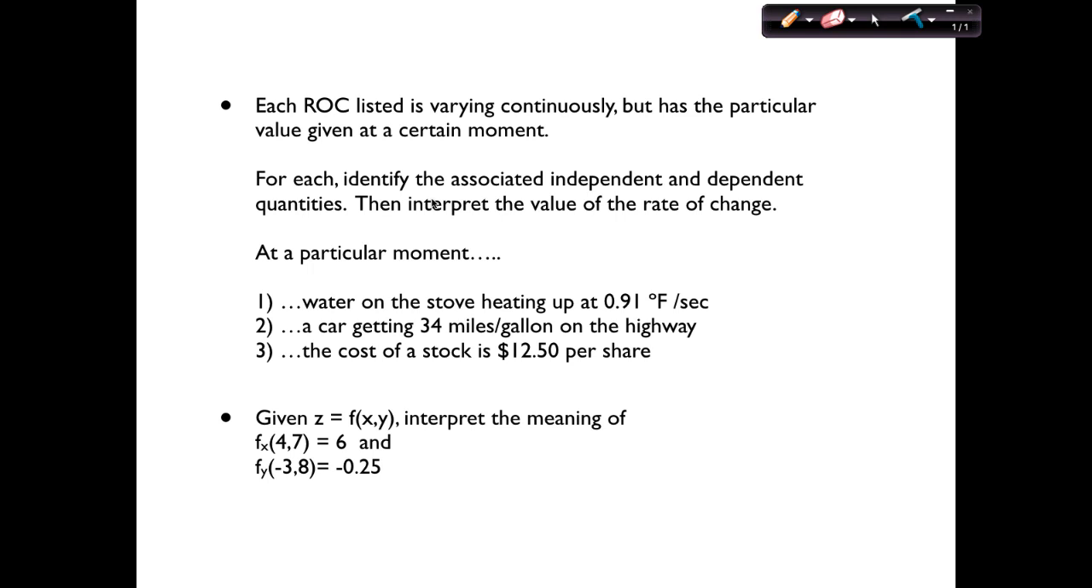So here are the 3 rates of change we're going to work on. At a particular moment, water on the stove is heating up at 0.91 degrees Fahrenheit per second. At a particular moment, a car is getting 34 miles per gallon on the highway, and the cost of the stock is $12.50 per share. Each of those is a rate of change. For each of those, you're going to identify the independent quantity and the dependent quantity. So when you have z as a function of x and y,